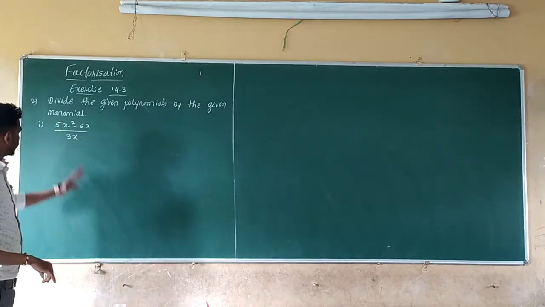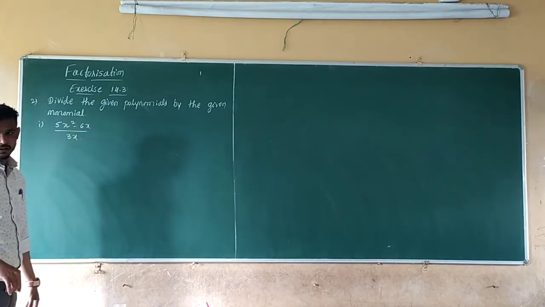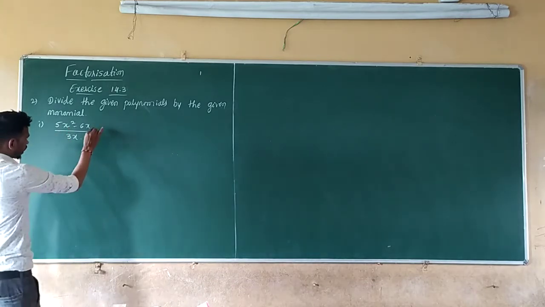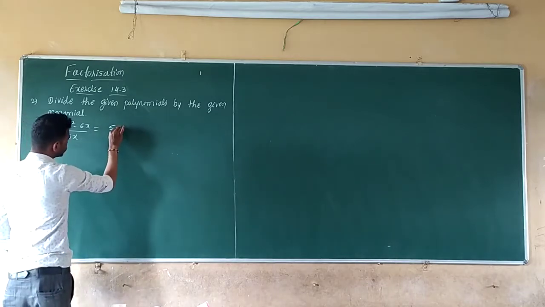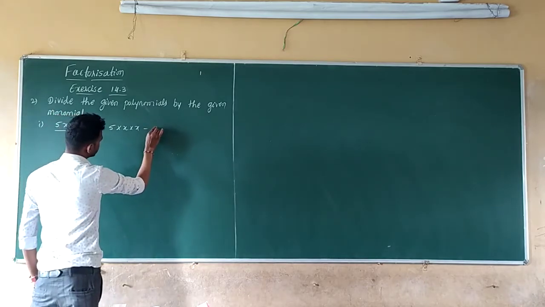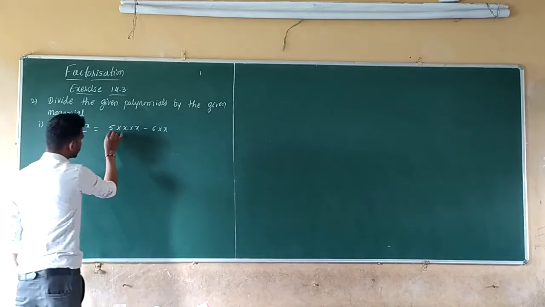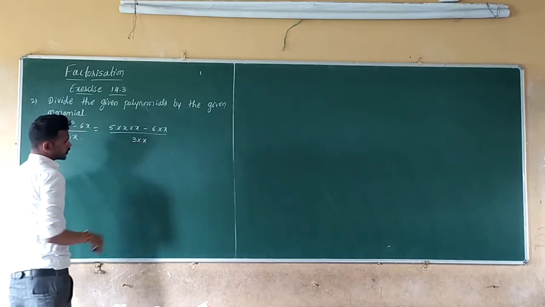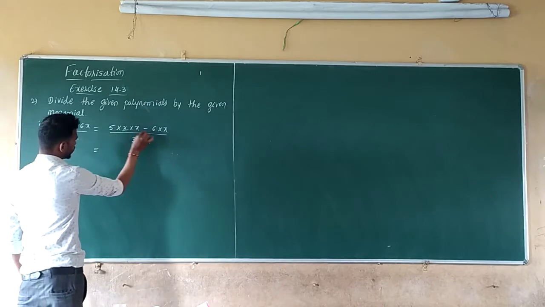So here we can divide this. Because here the negative symbol is there, first take whatever you are getting common, then divide. So here now, 5x square we can write as x into x, minus 6x we can write as 6 into x, divided by 3x, which we can write as 3 into x, or 3x only.